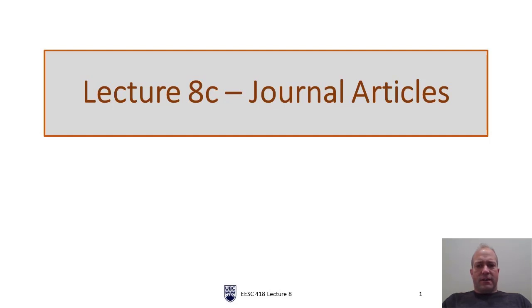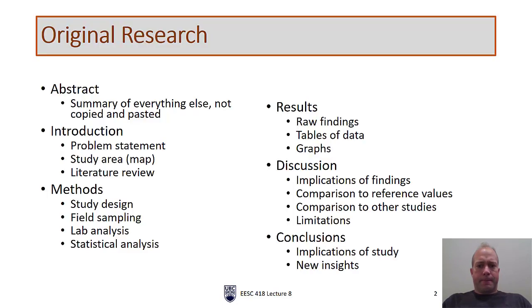As I mentioned on the lecture page, there are lots of different types of journal articles. Today I'm just going to focus on the two most common, which are original research articles and literature review articles. So I'll start with original research. This is the most common, and this is what most people will publish as they complete any sort of an